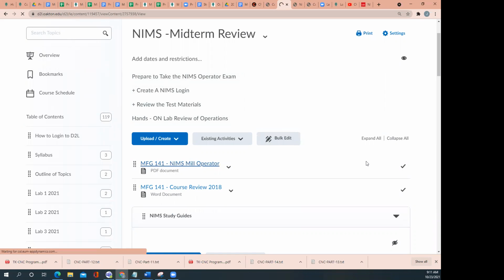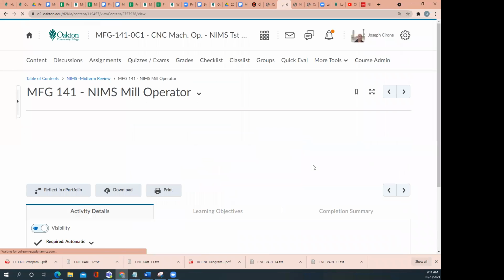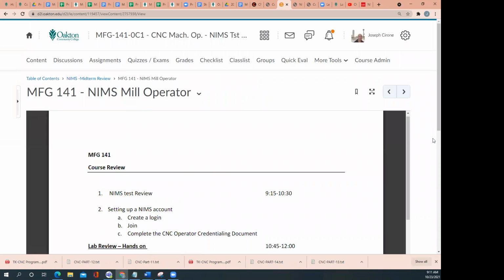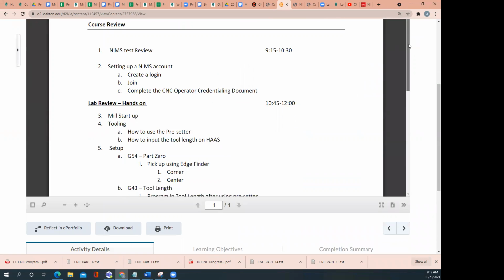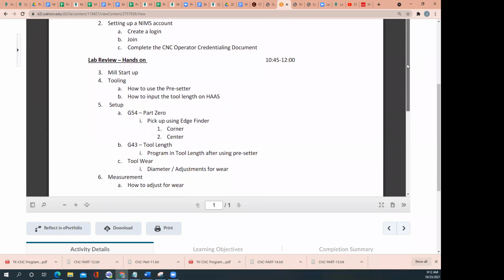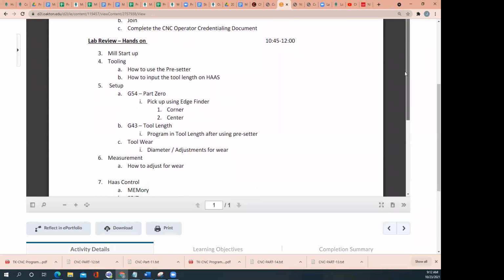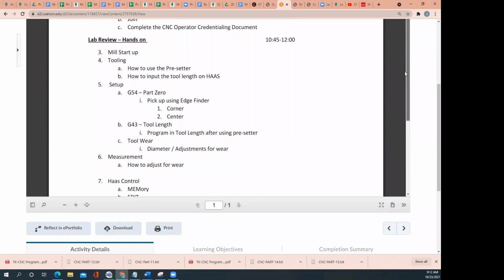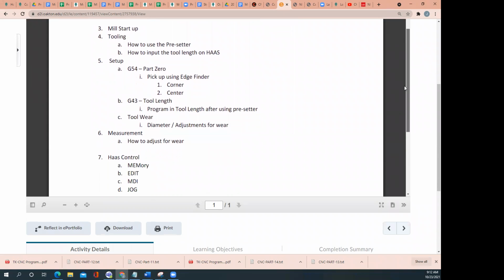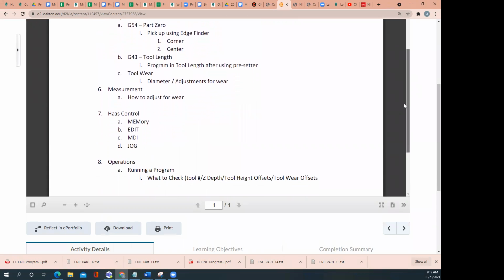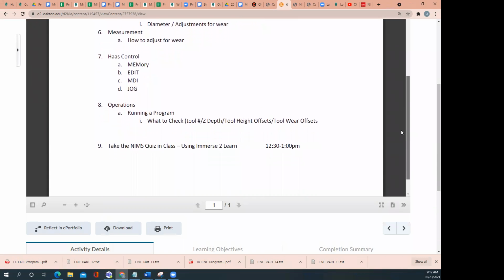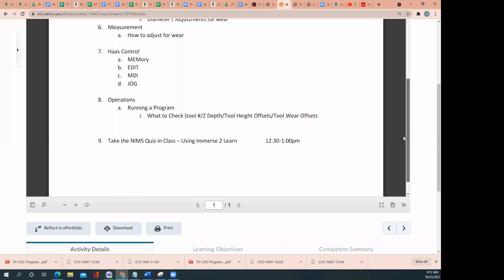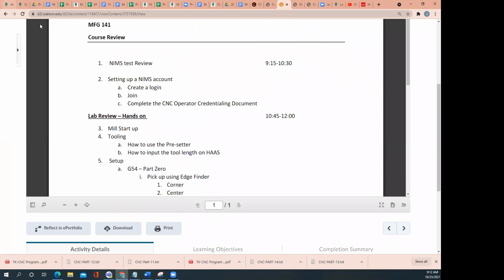If I click on it, and so basically this was my agenda and what we want to be able to do: start up the mill, understand how tooling is set with our G43 and our G54s, looking at adjustments, measurement, and then being able to work with the Haas control. And all of these things are able to be done on the simulation software. If I come back here,